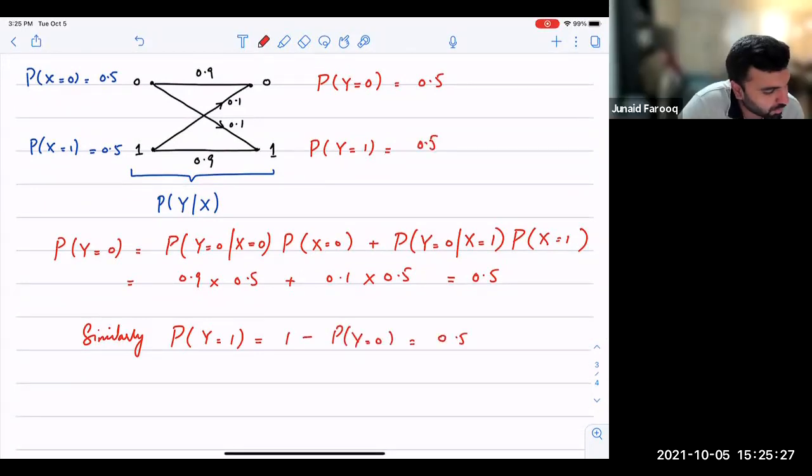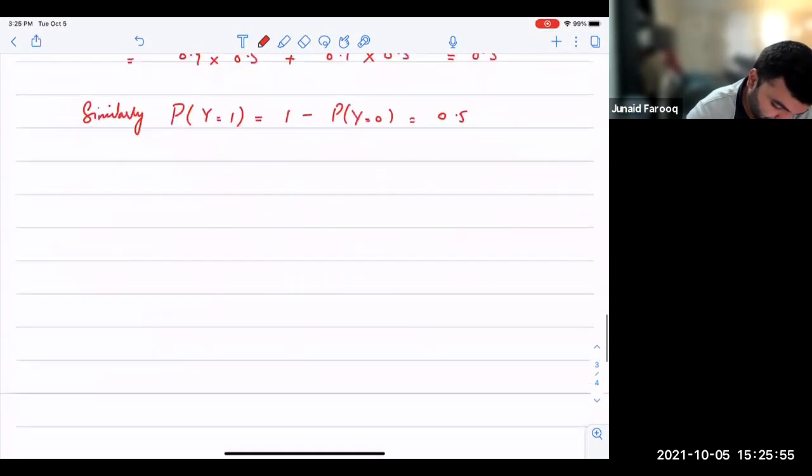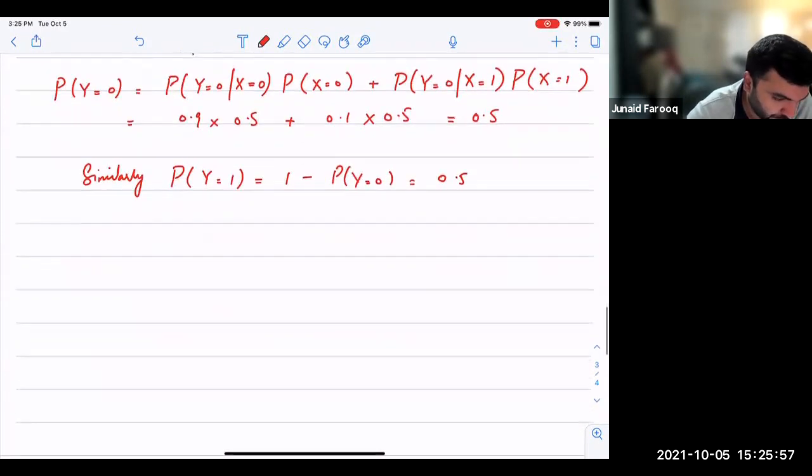Okay, so interestingly, you input equiprobable symbols, and when they go through a binary symmetric channel, they're still equiprobable. So there's no change in them in terms of the likelihood or probabilities. Now let's try to compute the joint entropy between x and y. So what would be